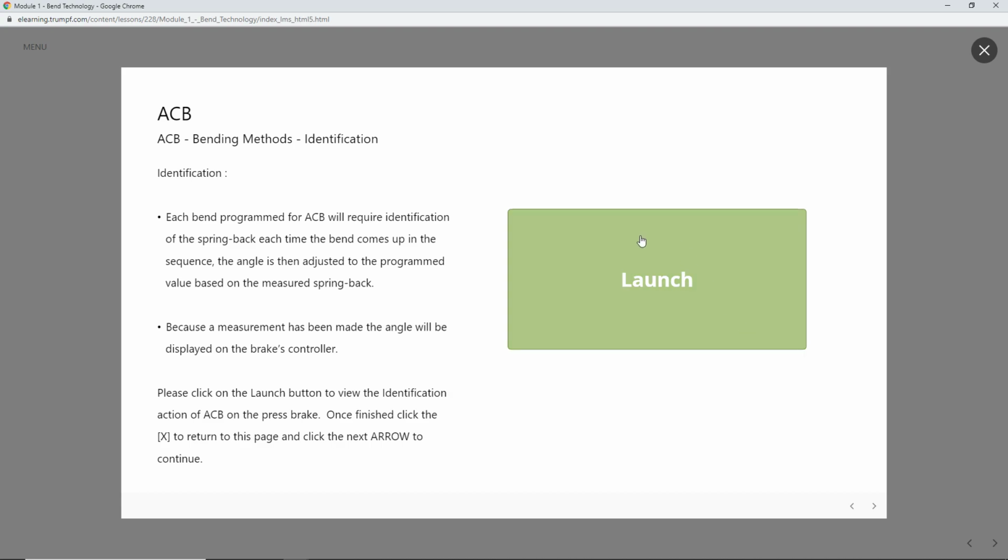Identification. Each bend programmed for ACB will require identification of the spring back each time the bend comes up in the sequence. The angle is then adjusted to the programmed value based on the measured spring back. Because a measurement has been made, the angle will be displayed on the brake's controller. Please click on the launch button to view the identification action of ACB on the press brake. Once finished, click the